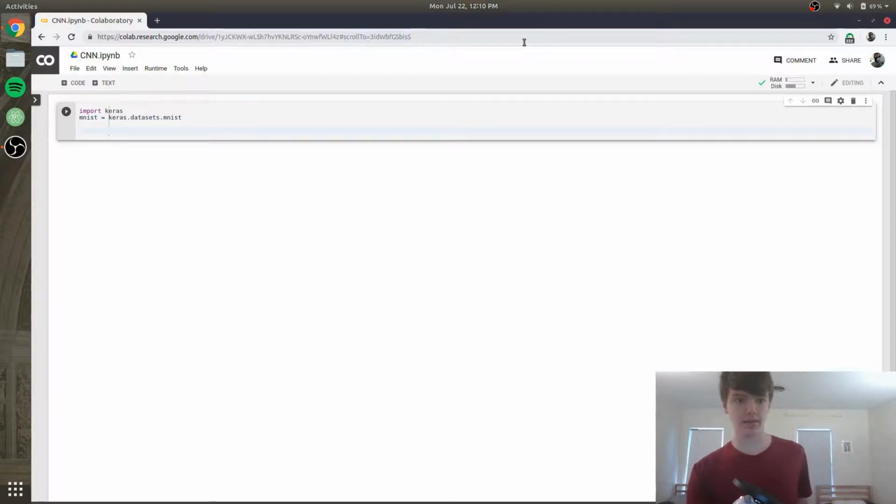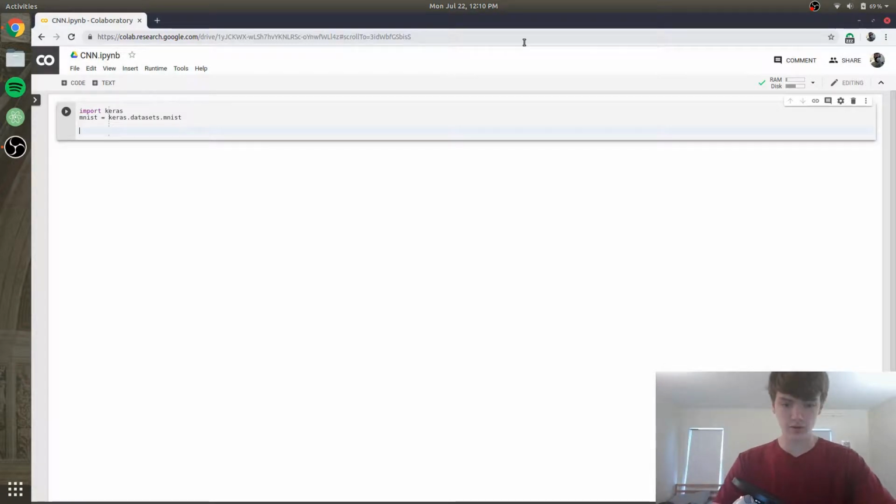So we already have Keras imported. Next, what we're going to do is we're going to set the X train, the Y train, the X test, and the Y test. So basically, 60,000 images are going to be for the training, and then 10,000 images are going to be what we test our model on. So in order to do that, all we're going to say is x_train, y_train, then x_test, y_test,